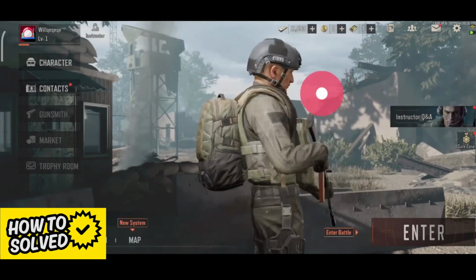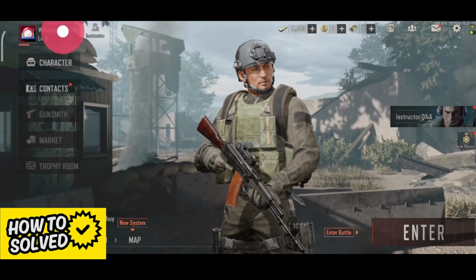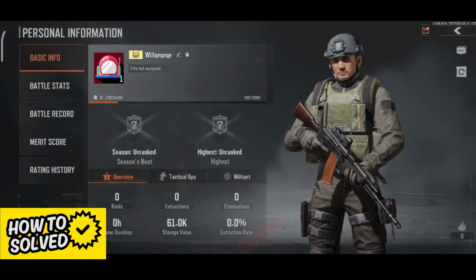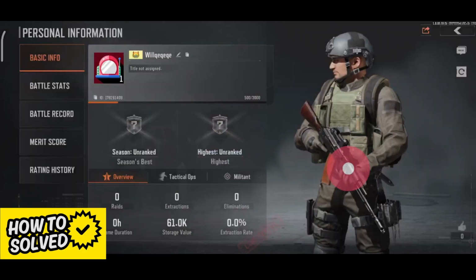If you open up Arena Breakout and from the lobby you tap on your name or your icon at the top left corner of the screen, you will be able to tap your avatar once again to see it. Over here you will notice that there is no option to change this avatar, so what you have to do